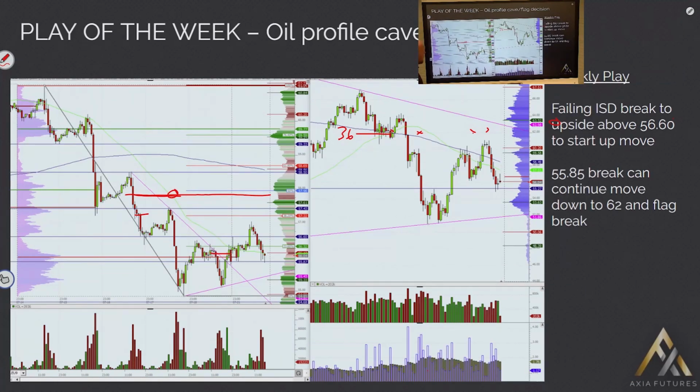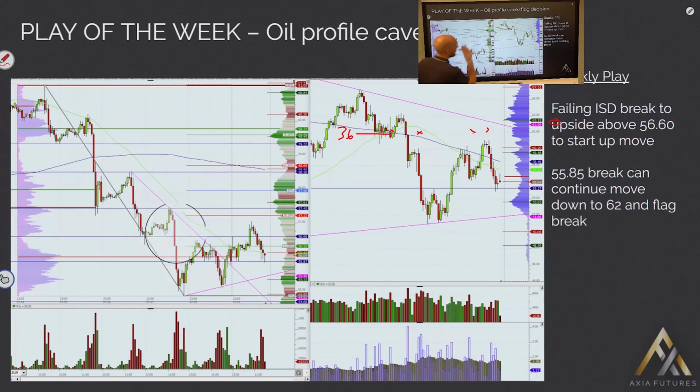Right, one final thing to have a quick look at. Once again, back on oil, but I talked about this throughout last week, and I decided, after seeing the move progress down,